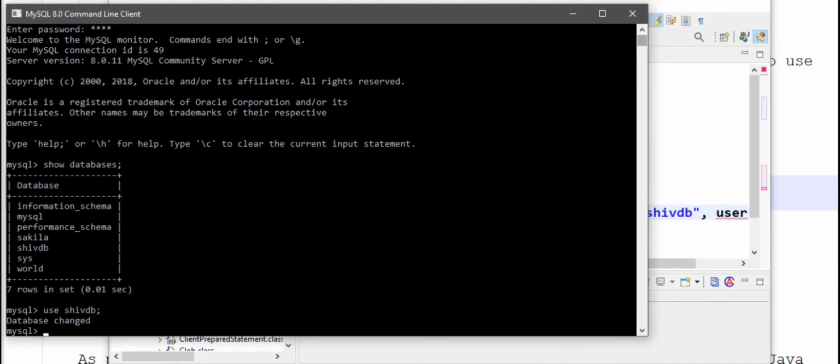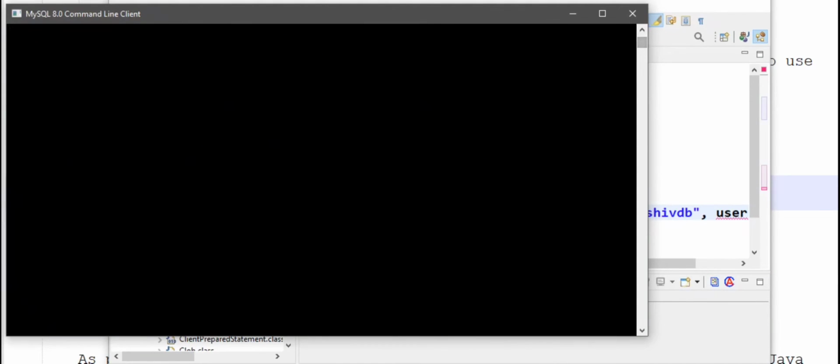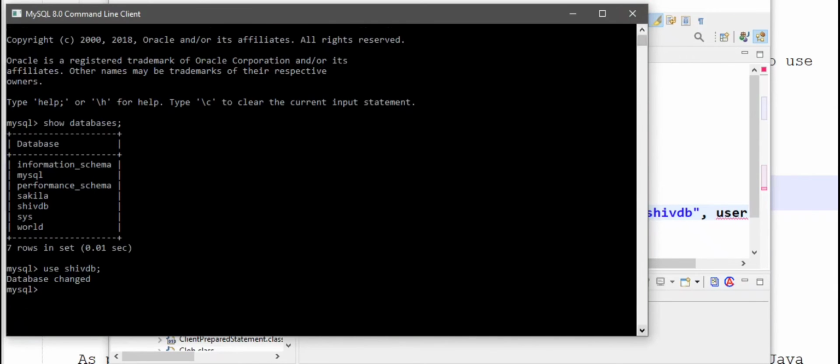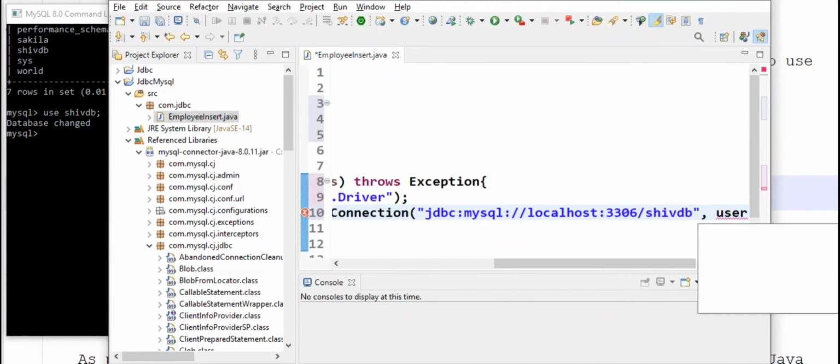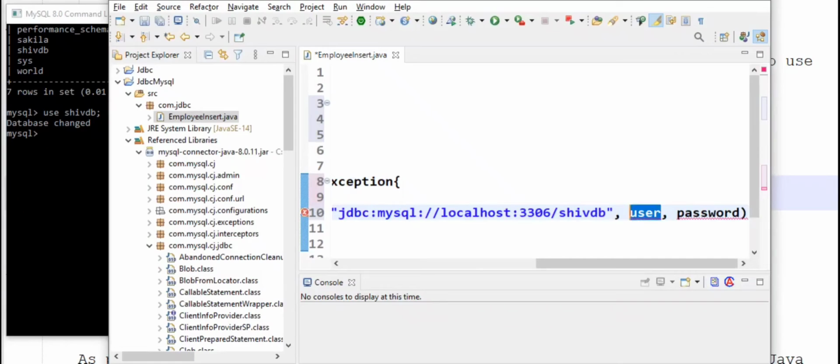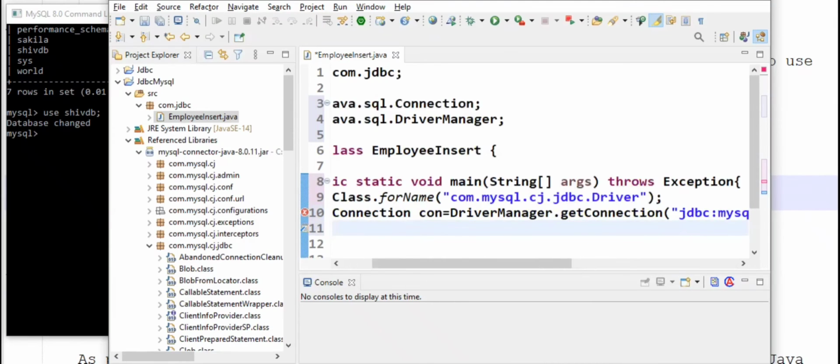Great. Login username is root, password Shiv. Great.